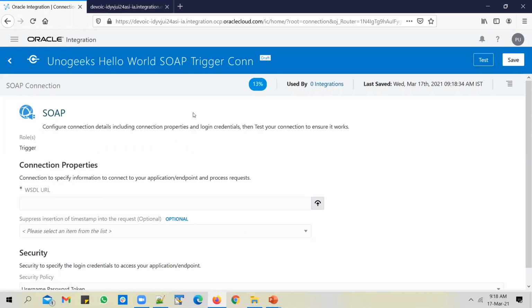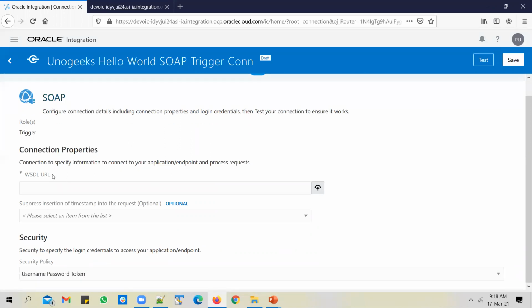When you create a SOAP connection, you will have to mention either a WSDL URL or you can upload an abstract WSDL file as well. In the case of SOAP services, the definition of a SOAP service is captured in a WSDL. WSDL stands for Web Service Description Language.